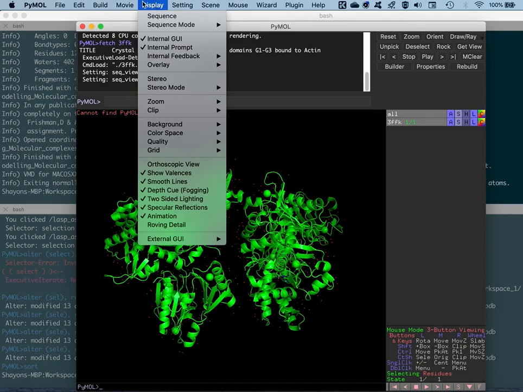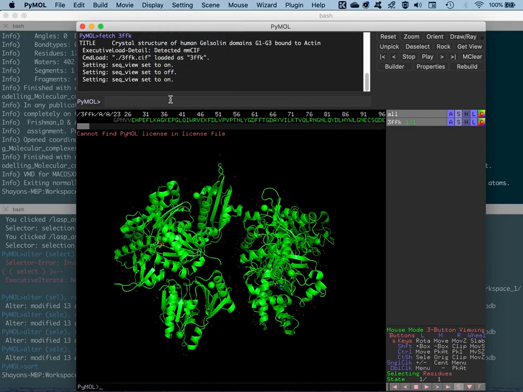So we'll basically go to display and click on sequence, and it will show the sequence in space. You see everything is colored in green because we didn't color the chains or anything of that sort separately. We'll do that in a minute when we generate the plot via representation of the chain and the specific secondary structure elements. Another interesting thing you can say is that since we fetched the structure directly from the Protein Data Bank repository, it has all the information that was stored in the PDB